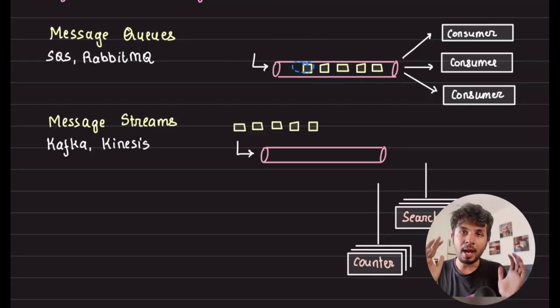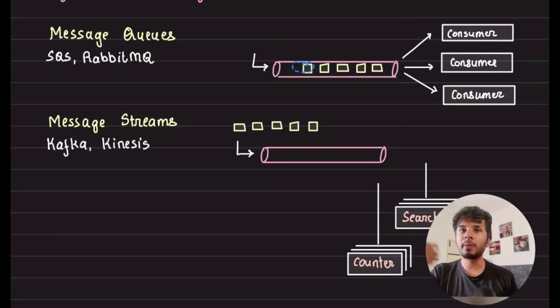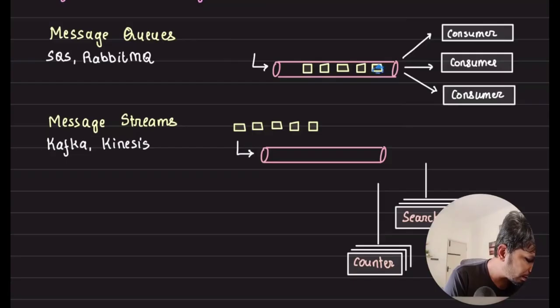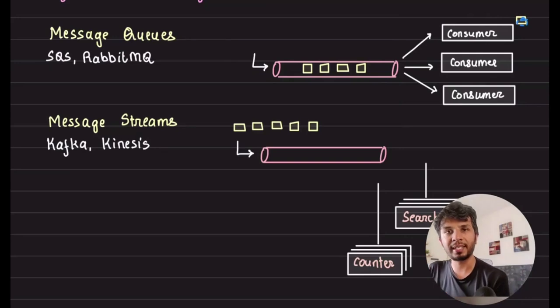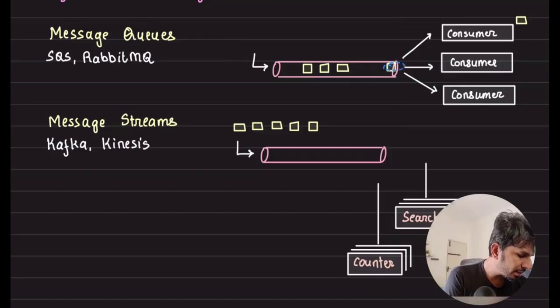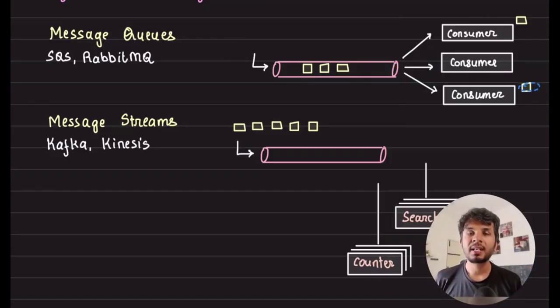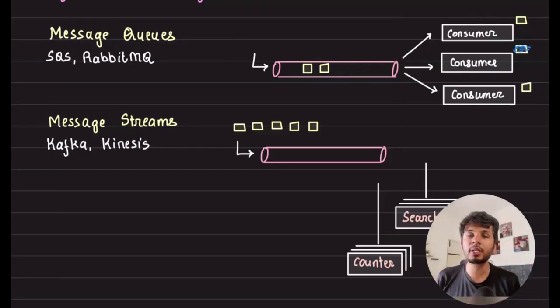Okay. Now when my consumer is running, one of the consumers makes a call to this queue and pulls one message out. So let's say my first consumer pulled this message out. So consumer 1 gets this message and starts processing it. Then let's say consumer 3 made a request. It read the second message and started processing it. Then let's say consumer 2 made the request. It read this message and started processing it. So it does not matter which consumer I am sending my message to. All 3 are doing the exact same thing, right?